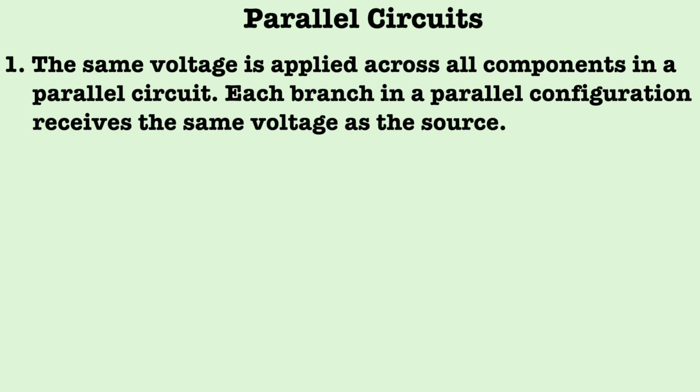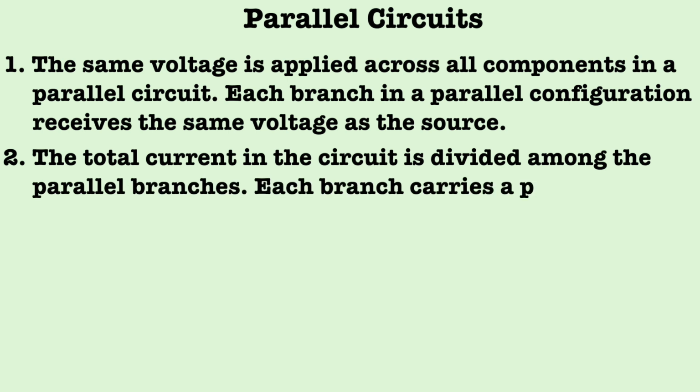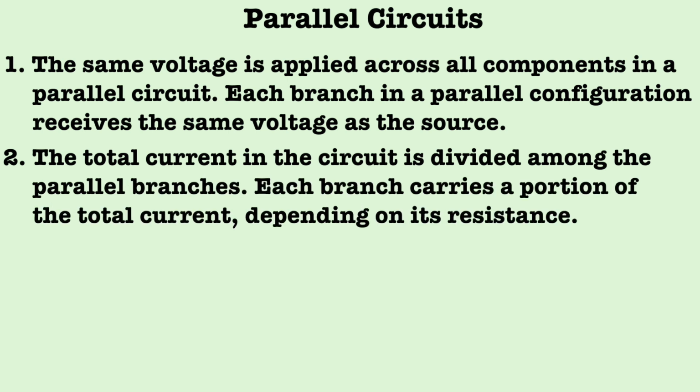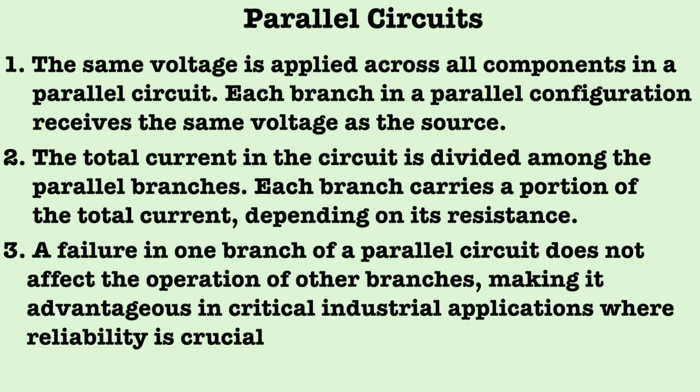Each branch in a parallel configuration receives the same voltage as the source. The total current in the circuit is divided among the parallel branches. Each branch carries a portion of the total current depending on its resistance. A failure in one branch of a parallel circuit does not affect the operation of the other branches, making it an advantage in